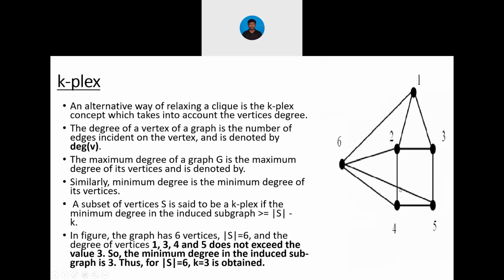You try to find how many 2-cliques can be formed, how many 1-cliques, how many 3-cliques, how many maximum cliques can be formed with the help of this figure. You can do it on your own. And also how many clans: 1-clan, 2-clan, 3-clan. How many clubs: 1-club, 2-club, 3-club. How many plexes we can form. You practice by yourself with the last graph.